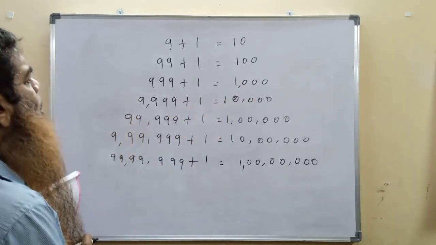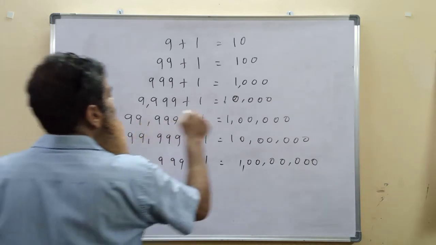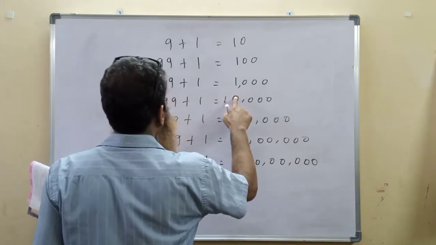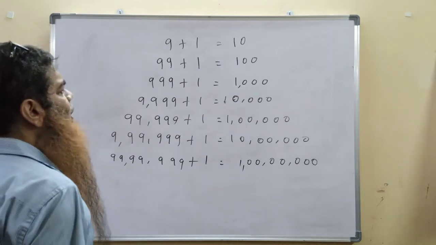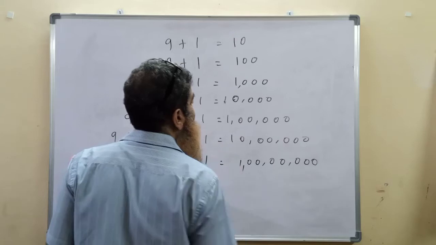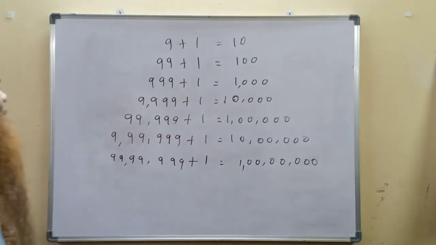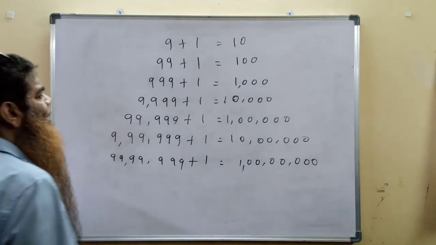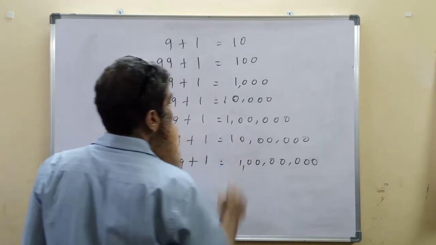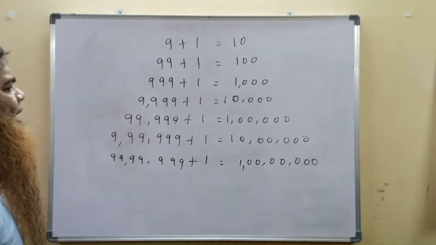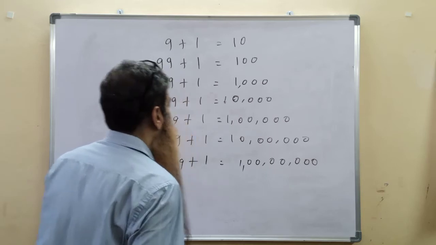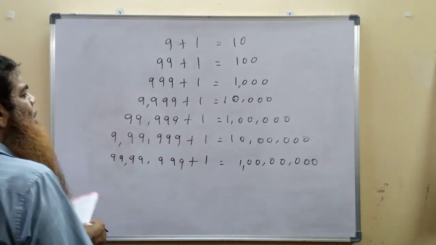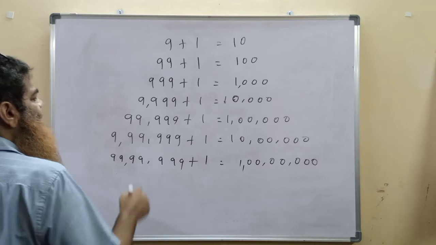It is called 1000. The largest four digit number is 9,999, and if we add 1 to it, we get the smallest five digit number. It is called 10,000. The largest five digit number is 99,999. If we add 1 to it, we get 1 lakh. The smallest six digit number is 1 lakh. What we have done in that exercise just now, if you remember. So the largest six digit number is